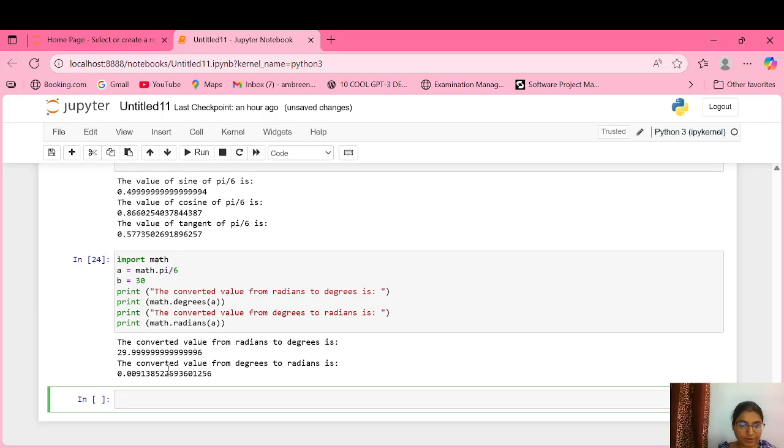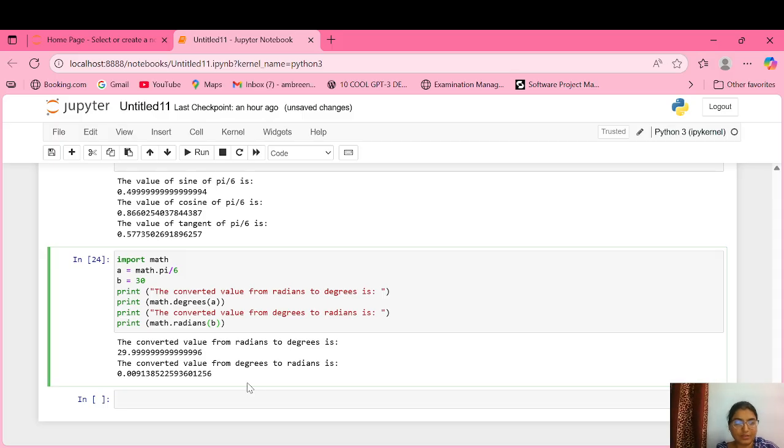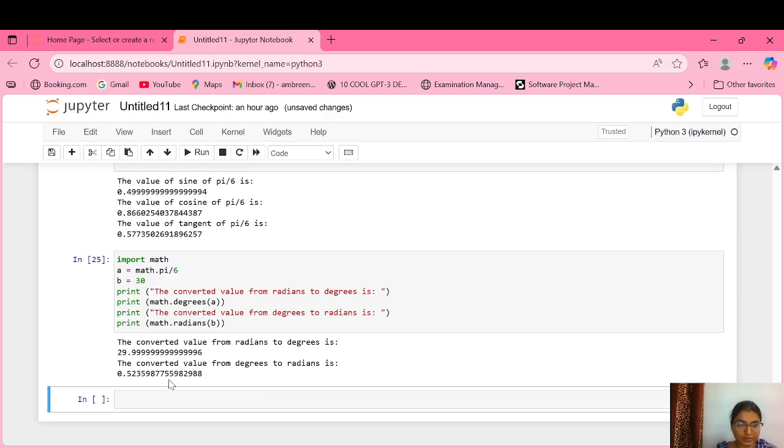I have written the wrong variable here. Actually, I have to use b, to do this for 30 degrees. Yes, now we got this converted value from degrees to radians. Okay, so yeah,